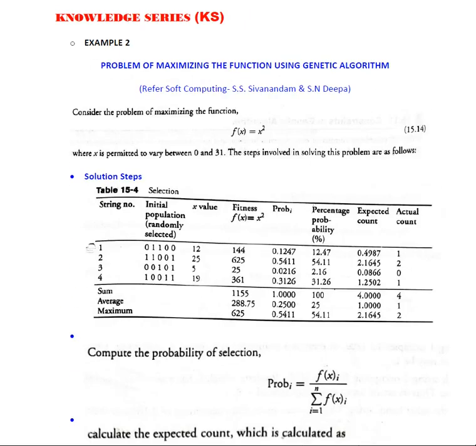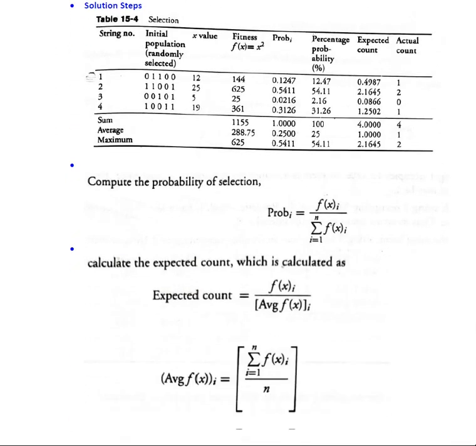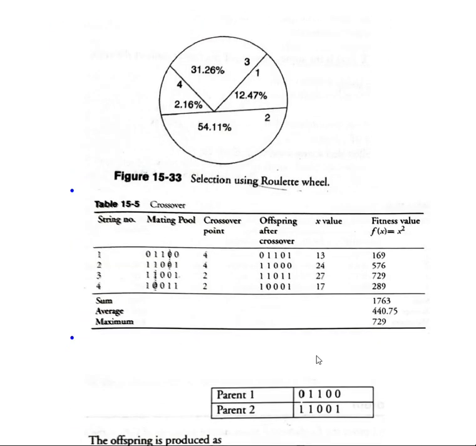No, the third condition, 0 1 1 0, we have taken. The second condition has more probability. So this will replace this one, because if you look across, the third one is nothing but 0 1 1 0 0 0 1 0 1, which has 2.16 probability. So that is replaced by the one on the second, because the second has the highest probability. So this is what you have to understand.